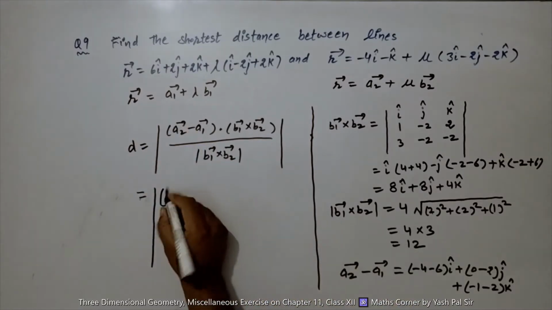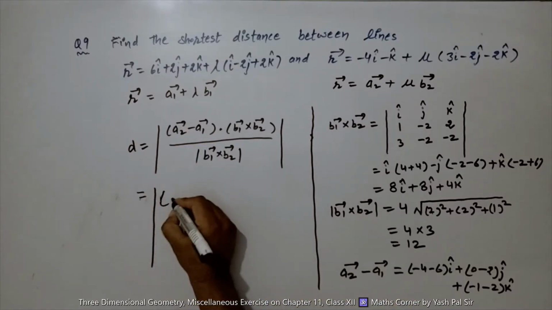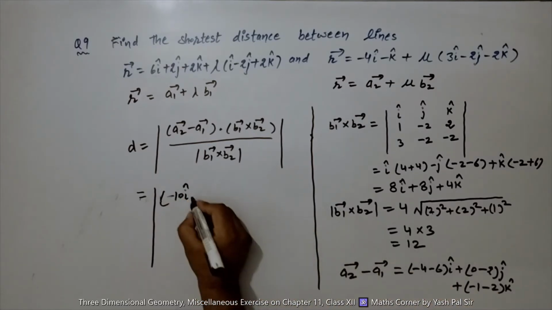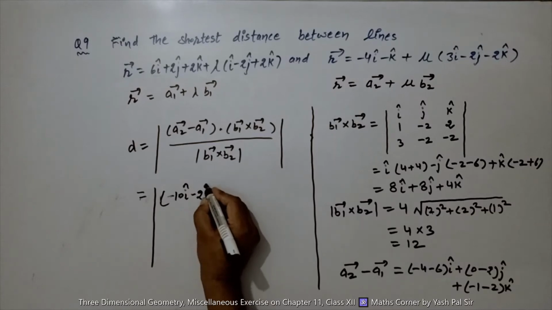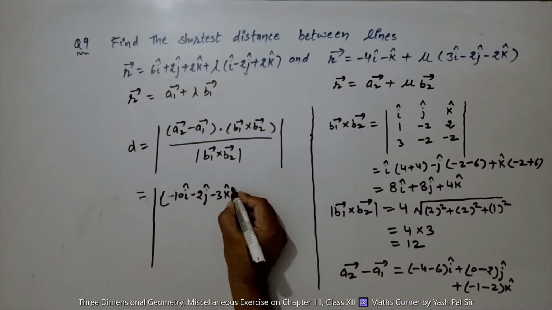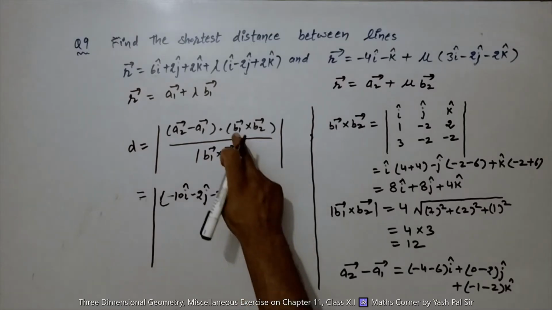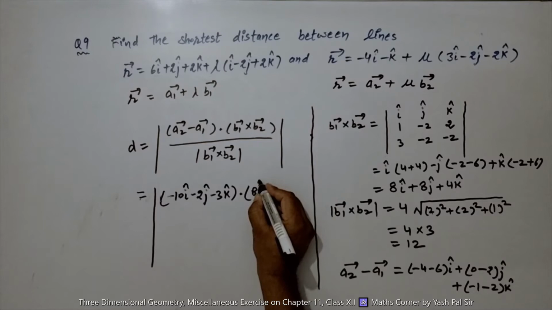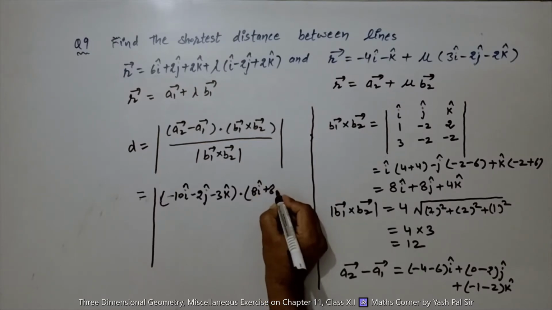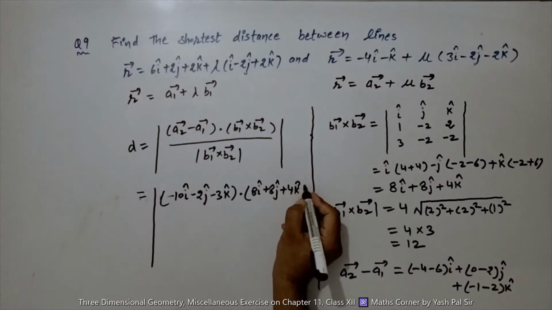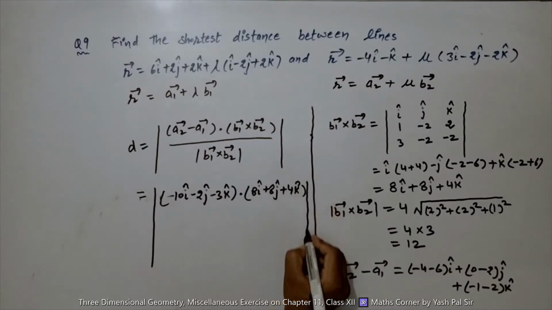So a2 minus a1 becomes minus 10i minus 2j minus 3k. Dot product with b1 cross b2 vector, which is 8i plus 8j plus 4k,